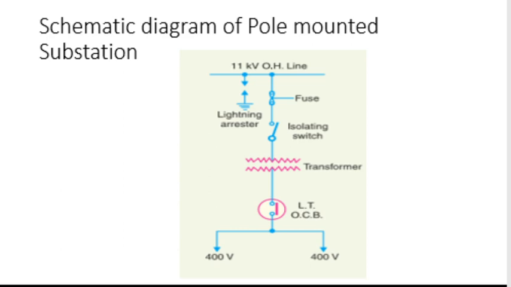So if we have a high rated current, circuit breakers will come into the picture for protection. And if the rated current is low, we can also use a fuse to protect a particular device. So that is the reason that on the primary side, where the 11 kV line is connected, we have the fuse, and when we step it down to 415 volts, we have a low tension oil circuit breaker to protect a particular pole mounted transformer. Okay,